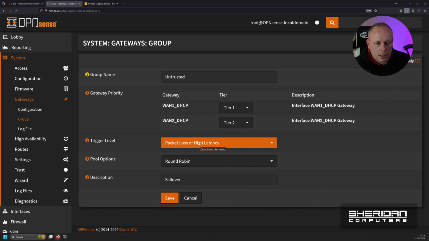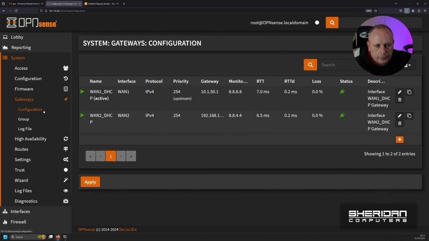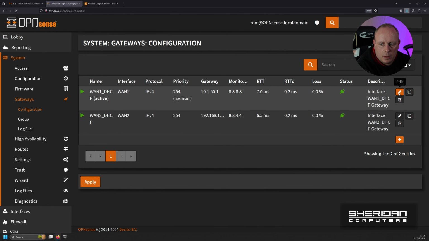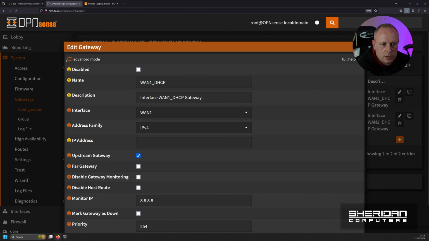Under most circumstances, the defaults will be fine, but if you want to fine tune this yourself, if you go into configuration and then edit either of your gateways, if we toggle this advanced mode up here,